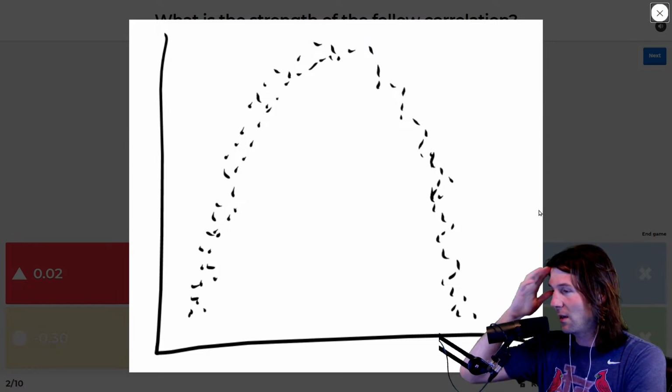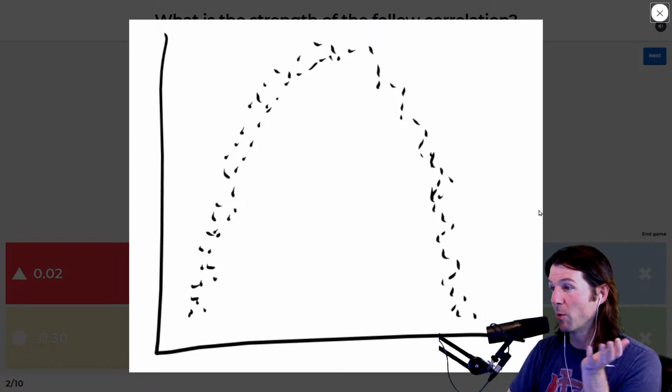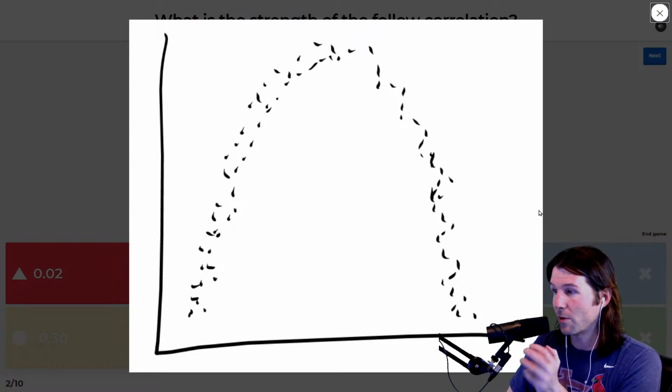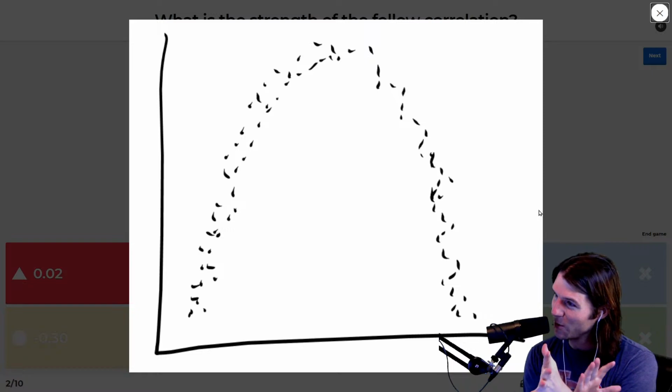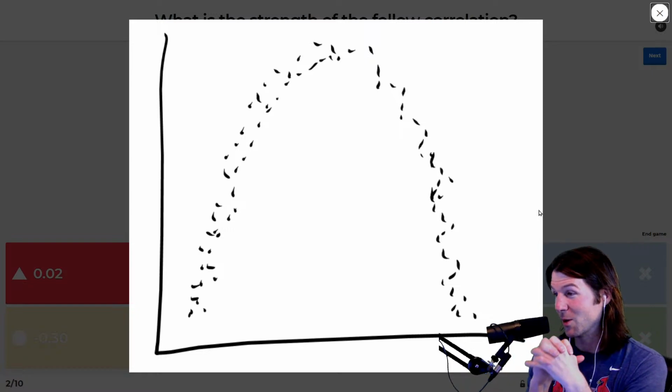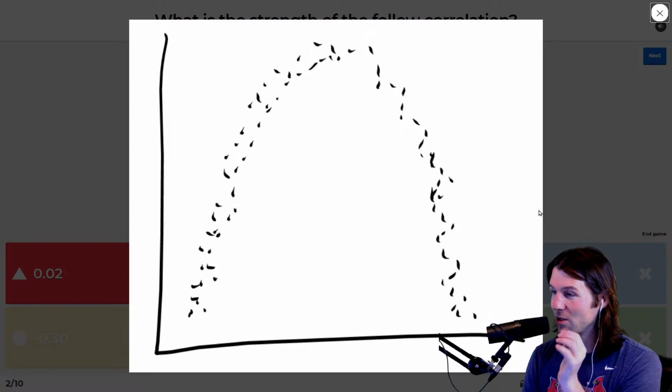So since it's not really well described by a line, the Pearson correlation, and also Spearman for 320, would be close to 0 too, because it's not well described by a monotonic rank-based relationship. This covers some 320 stuff. So weak because not linear. Exactly. It's not well described by a linear relationship.